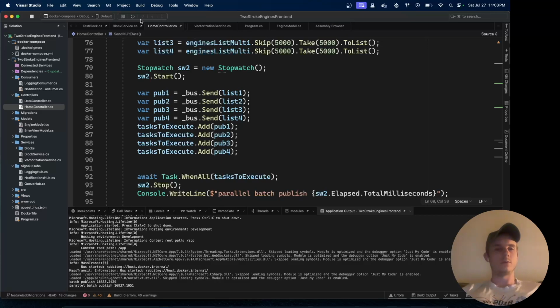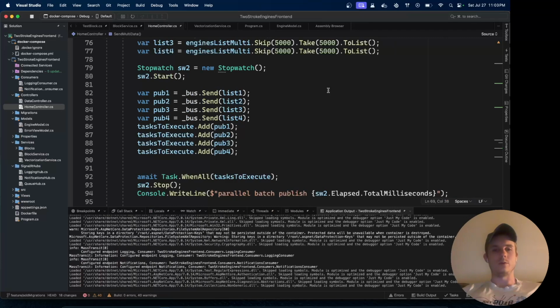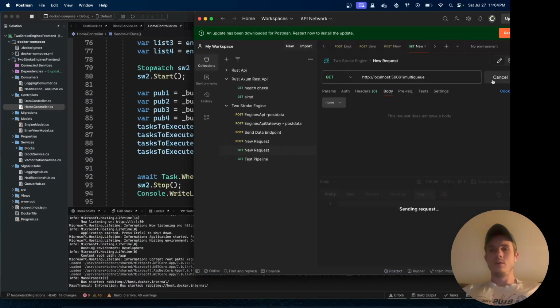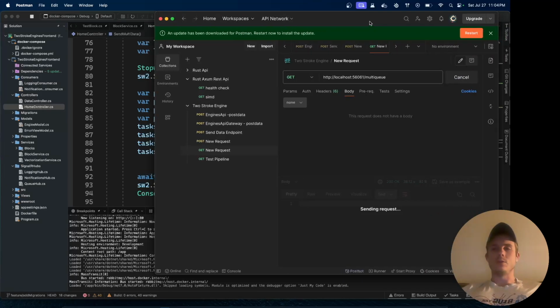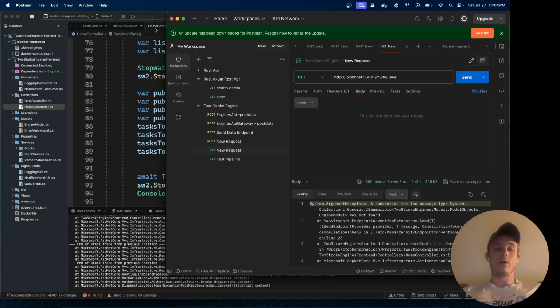Alright, let's give this, I'm gonna restart this. I changed it to use send as opposed to publish. I'm gonna go ahead and see the performance of this. But honestly, stuff like this is really interesting because this really brings out a lot of problems that you can,